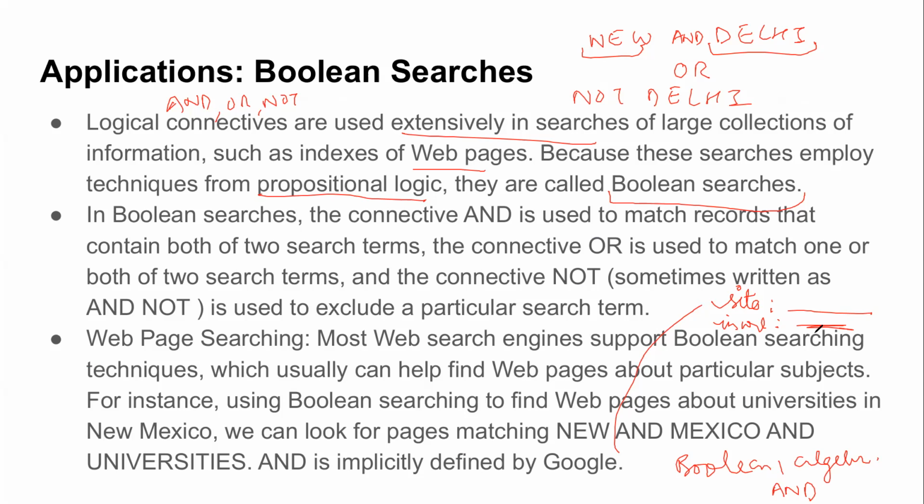See, these are very interesting examples because they make you feel that whatever theory you have been reading for the past 2 weeks is not irrelevant. It is going to be used somewhere, it is being used somewhere. So I feel this is the most important kind of lecture for this whole module. Is this clear, the applications we discussed so far? Translation, system requirement, Boolean search. Is this clear, class? Yes, class, is this clear?